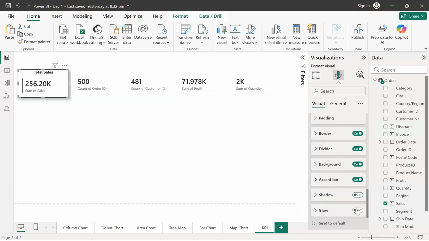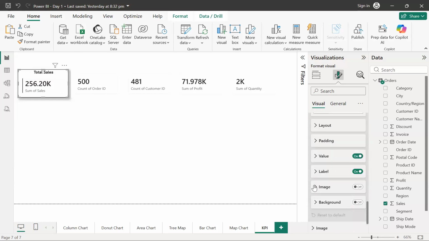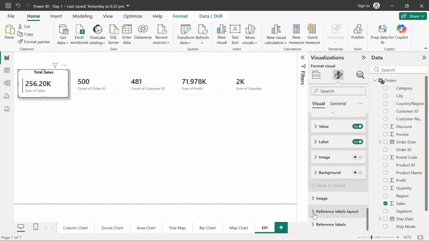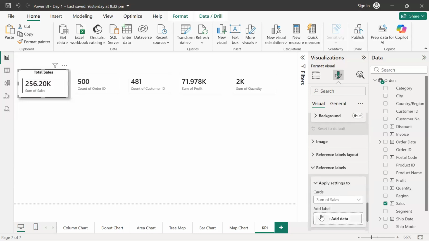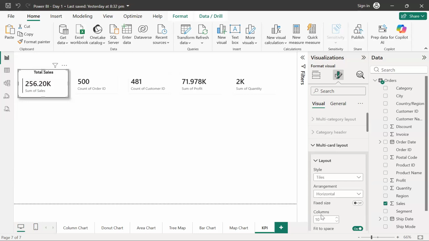Okay, I think this is not making any sense. Again, then we need to do a lot of formatting over there, but I don't want to get into that. For our timing, I think this is fine.